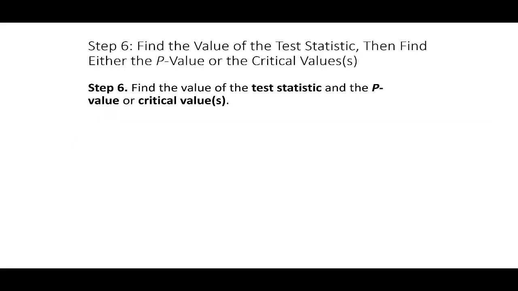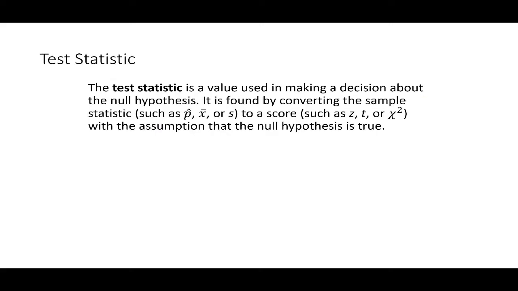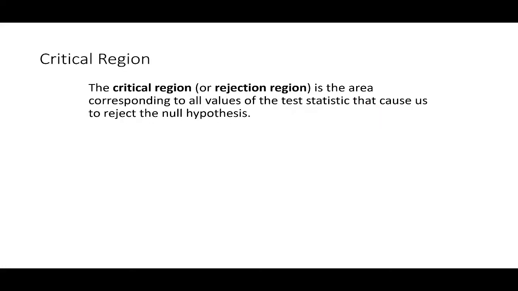Another step, after finding the test statistic, is to find the p-value or critical value. There are two methods we use: either the p-value method or the critical value method. So find the test statistic. That means either the z-score, t-score, in our case in this course, or sometimes a chi-square test as well, which we are not going to cover here. So find the test statistic, and after that